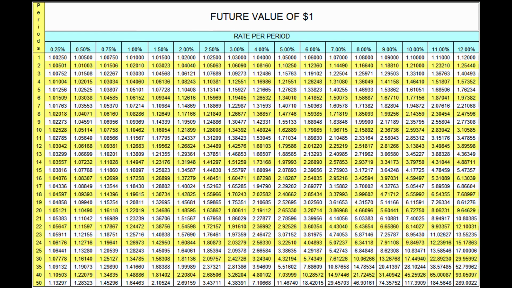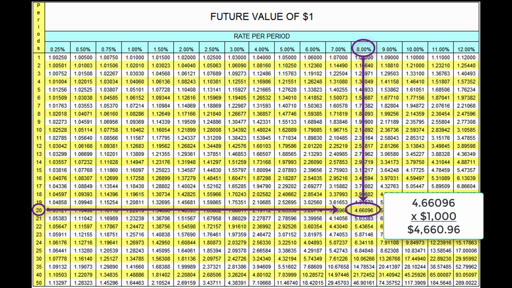$4,660.96. Now, if we wanted to solve this problem using the future value table, what we would do is first find the number of periods, which is 20, in the first column of our future value table. Then we would move to the right until we find the future value factor that corresponds to the 8% column. And that factor is going to be 4.66096. Next, we multiply this factor by our present value of $1,000. So again, $1,000 times 4.66096 is equal to